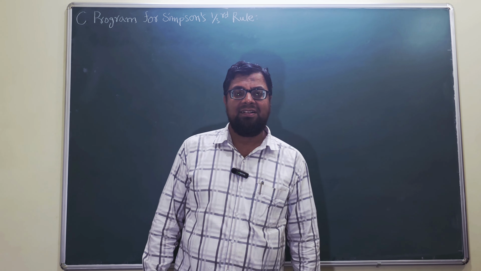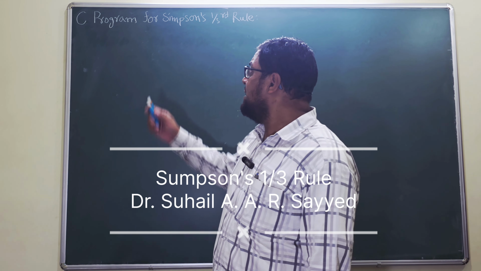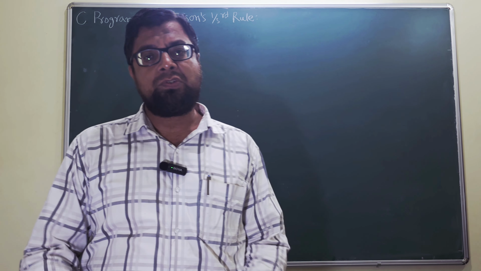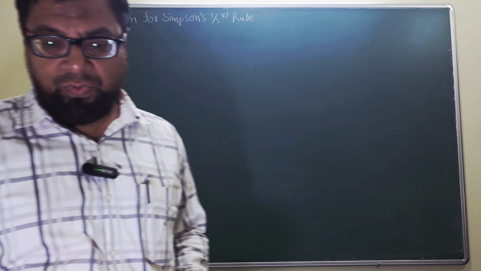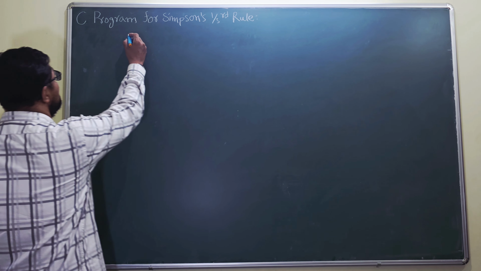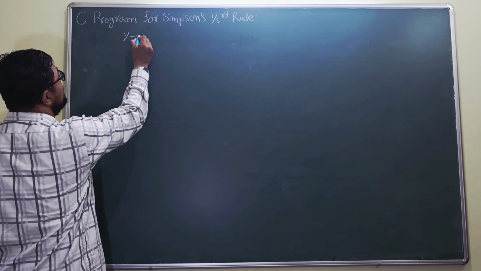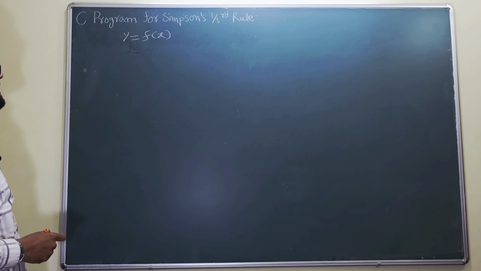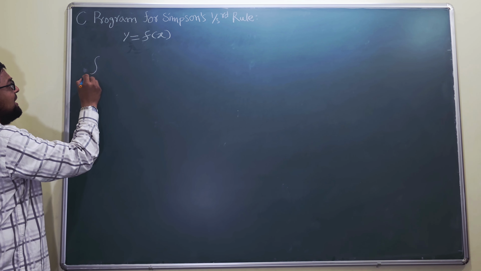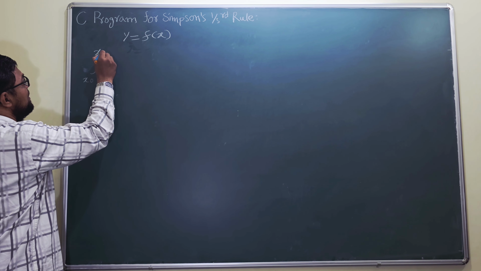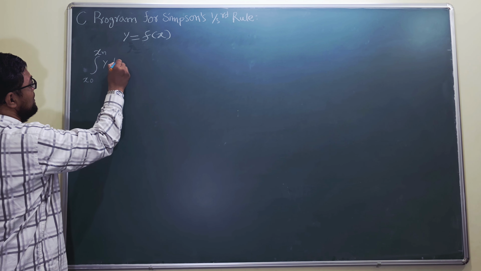Hello and welcome back. Now we shall see the C program for Simpson's one-third rule. So first of all, I will write down the formula for Simpson's one-third rule. Suppose we have a function y is equal to f of x. Then the formula for Simpson's one-third rule, that is nothing but integration from x0 to xn y dx, which is